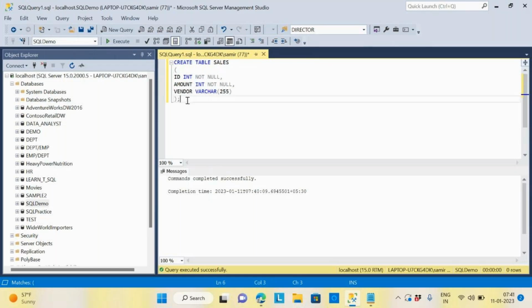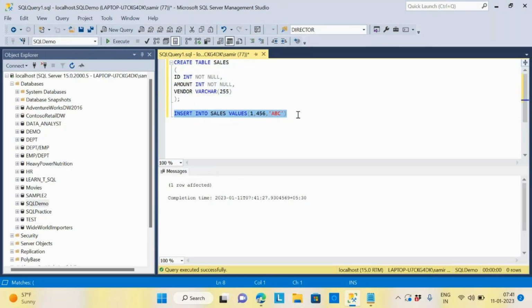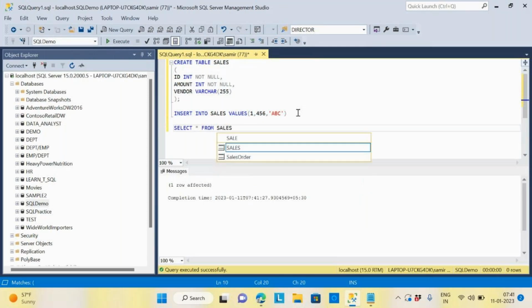Now when we are inserting records into the sales table, I say values, let's take one. The amount is 456, and the vendor is ABC. This will be allowed because I am giving values to all the columns, so one row is affected. Now if I say select star from my sales table,